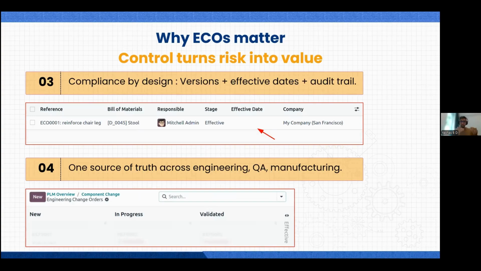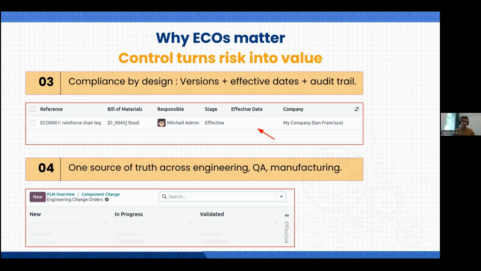When did we make this change, who made it, who approved it, and when was it made effective? If a product has multiple versions of the BoMs, you can clearly get to know when each version was released, when it was made effective, who did the approvals, and who worked on it. All this will be available right here.